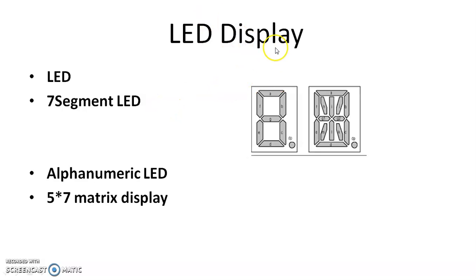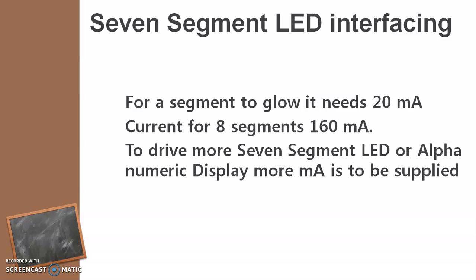Now what is the issue with the display devices? We know that the most power consumption takes place in display devices, because any LED segment will take nearly 20 milliampere current to get displayed. As you go for more segments, more current has to be supplied, which is beyond your TTL compatibility logic. So this problem could be solved. How could it be solved? By going for multiplexed display connections.